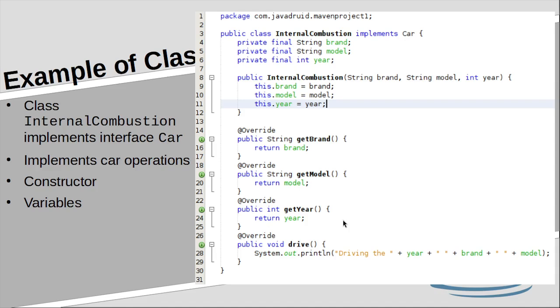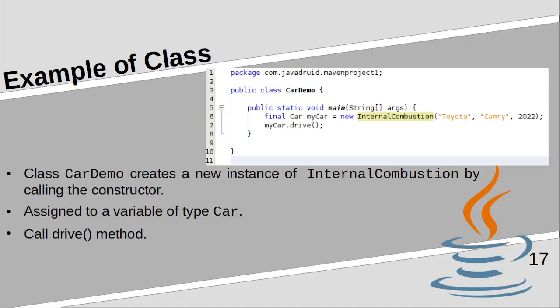Okay, now how do we put all this together? Now we have a separate main class, which is called Demo. Now you see this main function in lines 5 to 8. This main function does a bit more than just printing hello world.